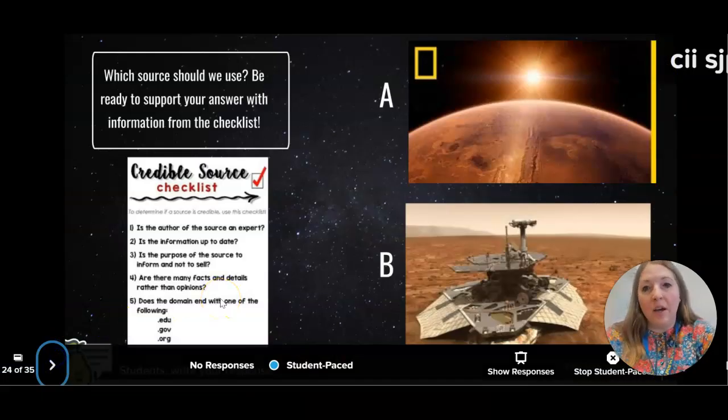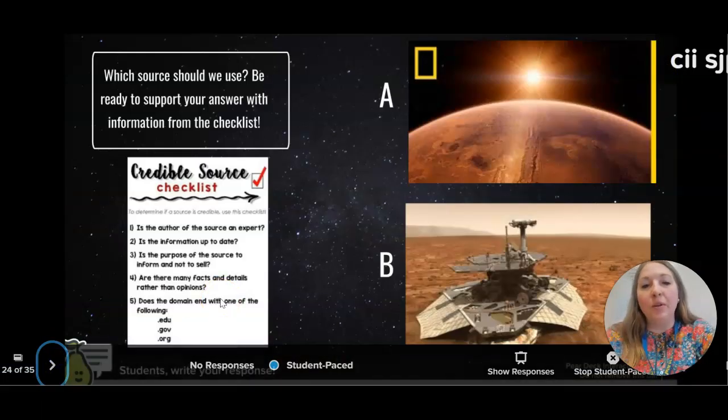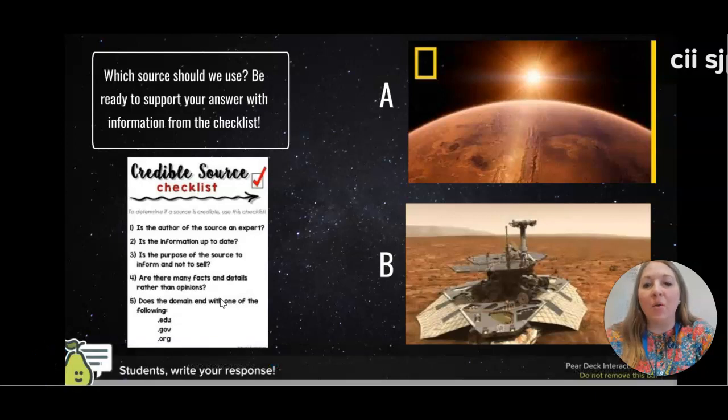Hopefully, on the last slide, you guys were able to see that, yes, a lot of the reasons that they stated were true, but we have to question the reasoning a little bit, and also we need to question where we are getting the information. So if you went through that checklist, you're like, okay, is this a good credible source? Well, no, it's not, because they're not an expert on the source. The information is up to date,